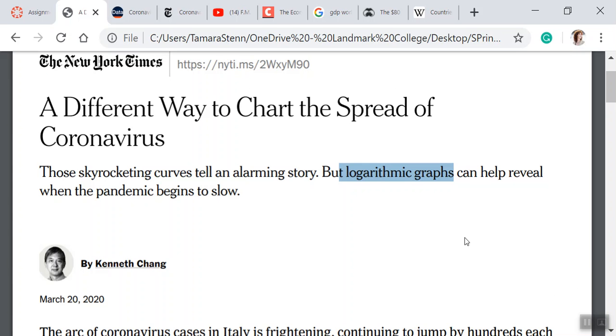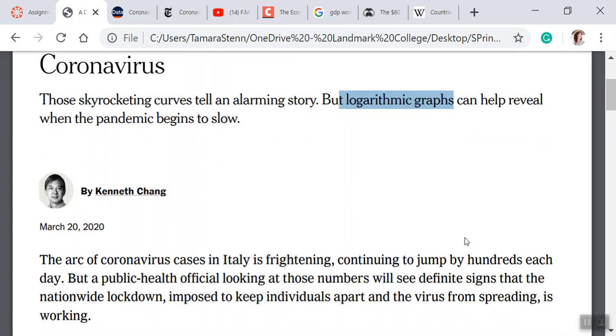So if we're thinking about the number of cases of COVID-19 in Italy, right? There's a lot of COVID-19 in Italy, but there's even more COVID-19 in New York, okay? So if we think about that, how can we start comparing COVID-19 in Italy to COVID-19 in New York? In New York, we know there's more people, so we would expect that there would be more cases. Okay, so how can we make those numbers be comparable, kind of apples to apples?